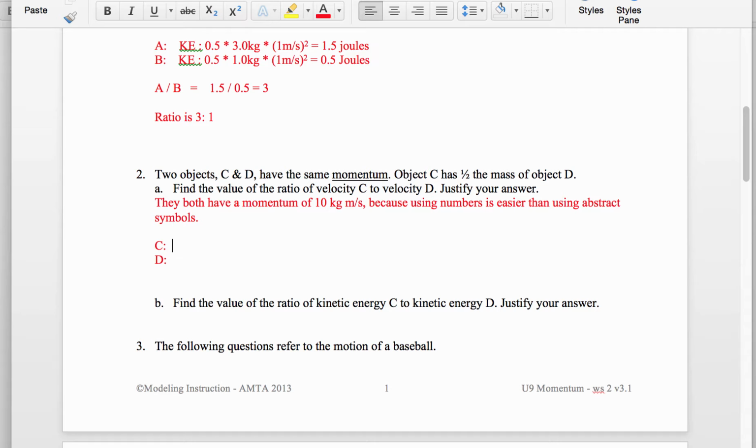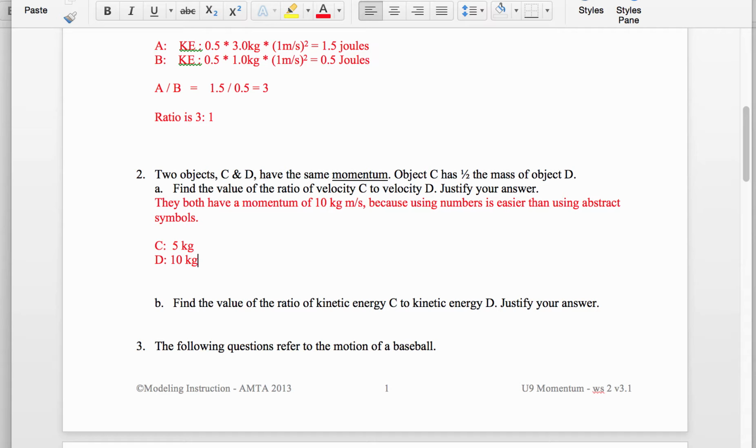The difference between these is the mass. Let's just say that C has a mass of 5 kilograms. Then D would have to have a mass of 10 kilograms,